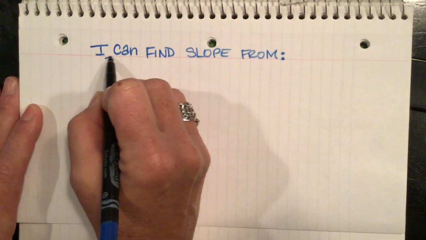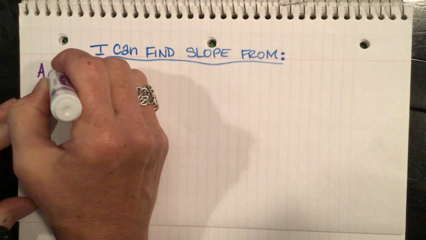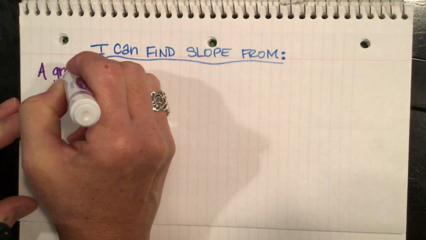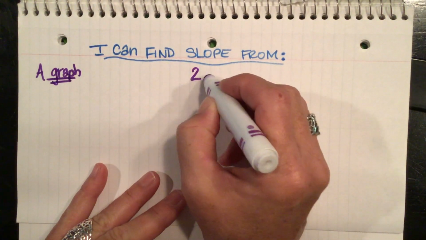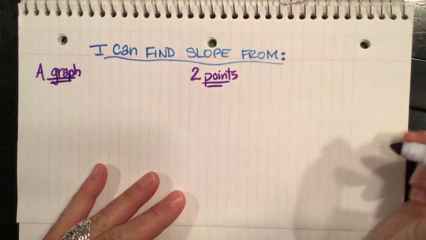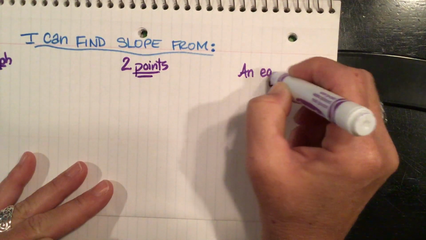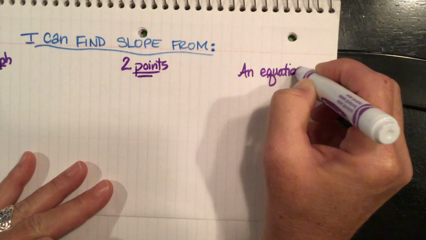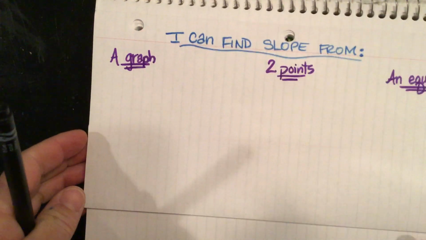One, you can find a slope from a graph. Two, from points on a coordinate plane, and three, from an equation. And this is a special equation. All right, let's take one at a time. So from a graph,